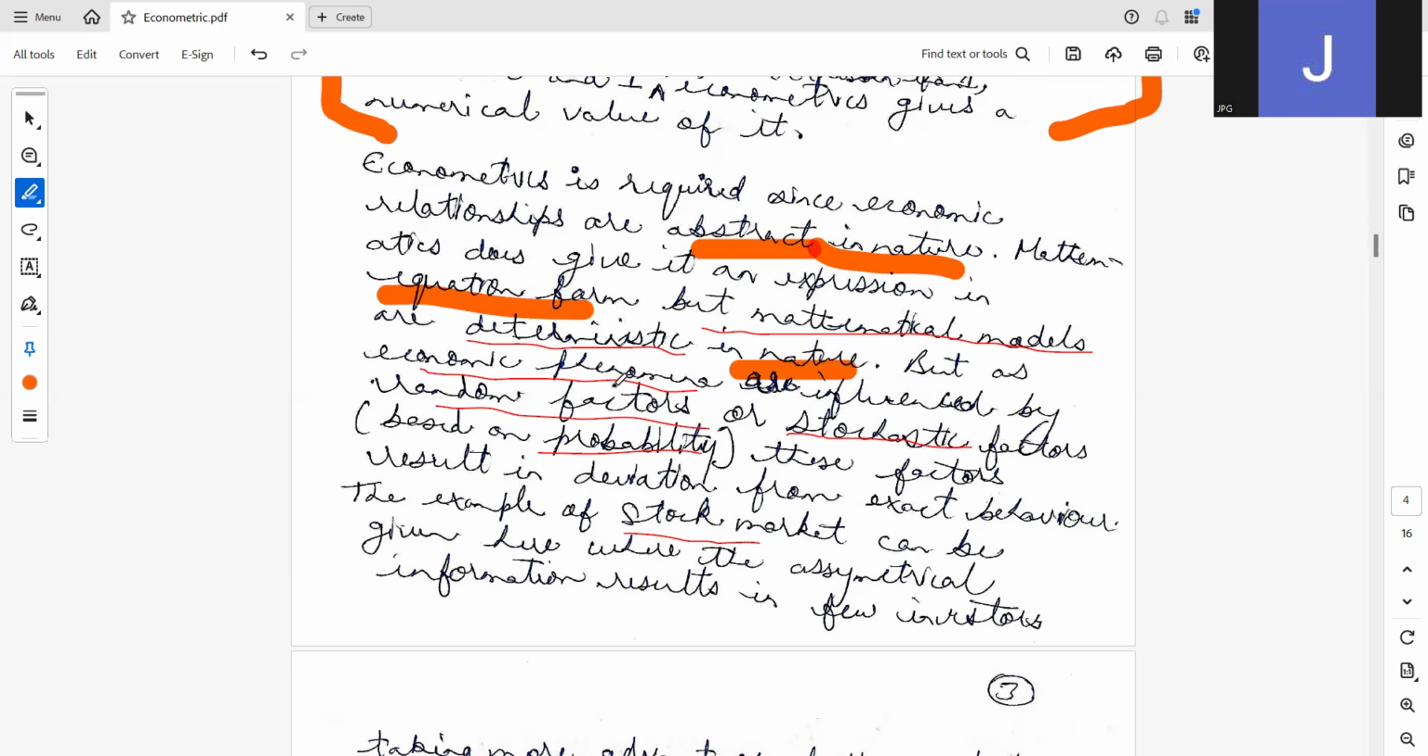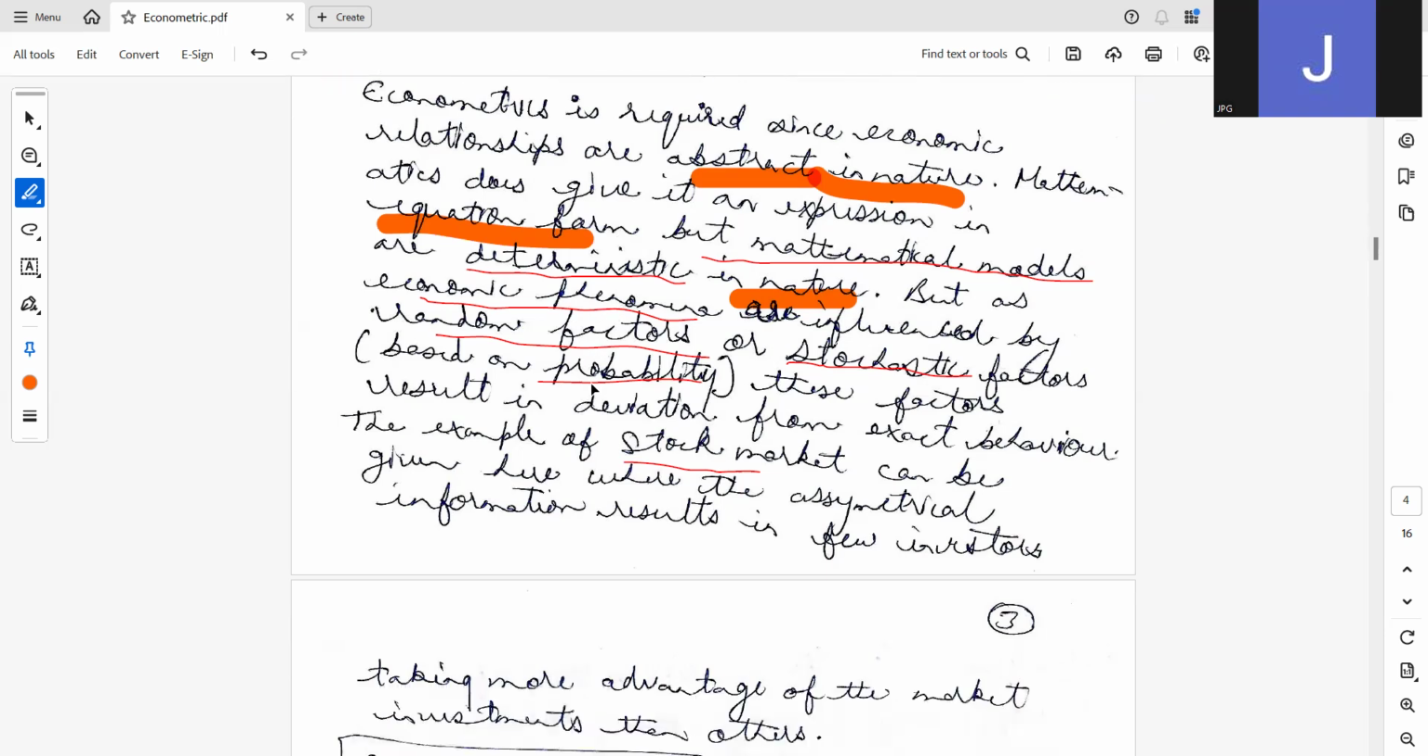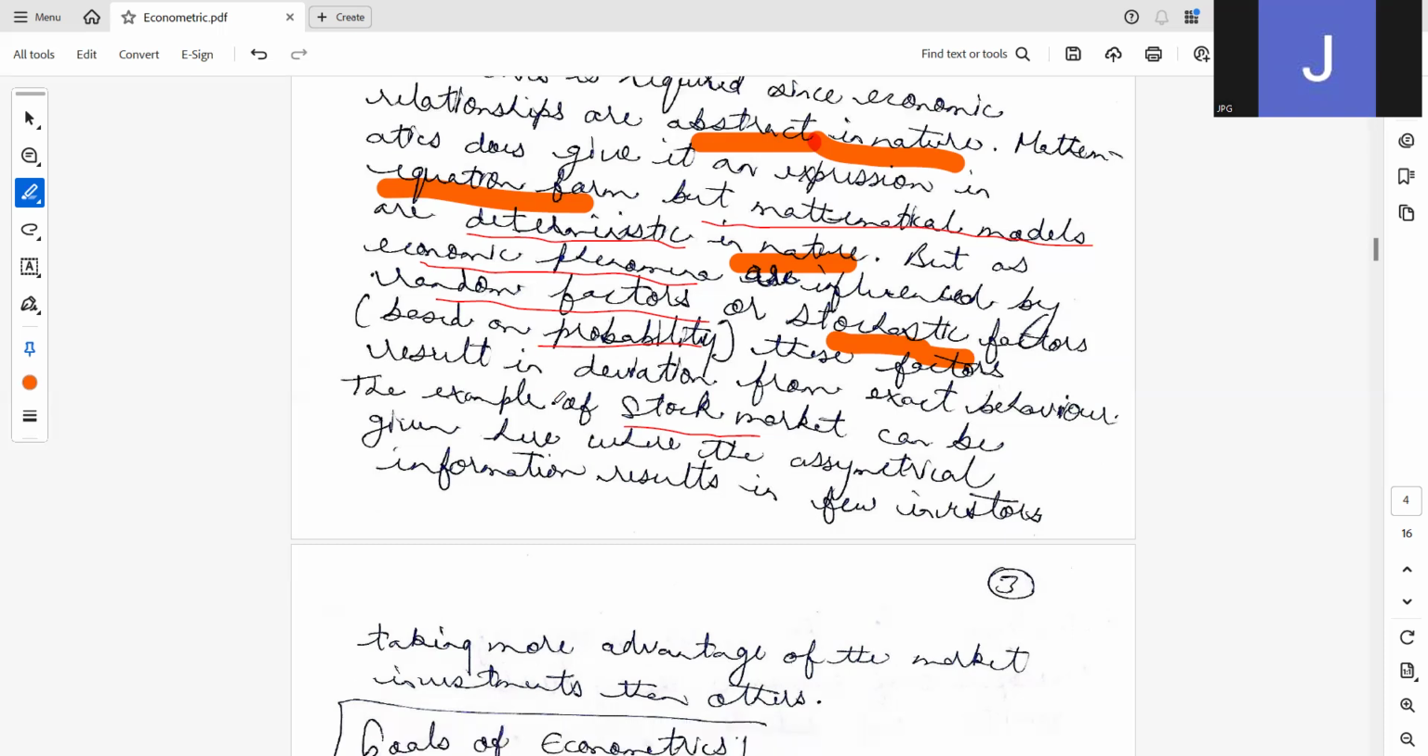Fine. But at the back of that family photograph, which has been clicked only once, you have some factors which are beyond your control. You have some emotions which are beyond your control. And in the same way, if you look at economic phenomena, it is getting influenced by so many factors. These factors are random factors over which you have no control. These random factors are also called stochastic factors, right? So these stochastic factors or random factors, which are based on probability, result in deviating from